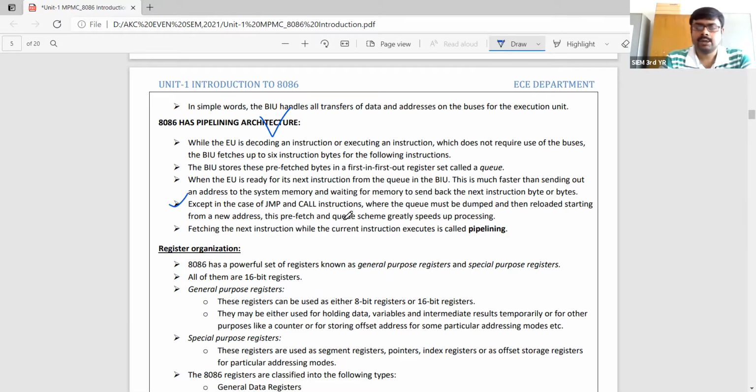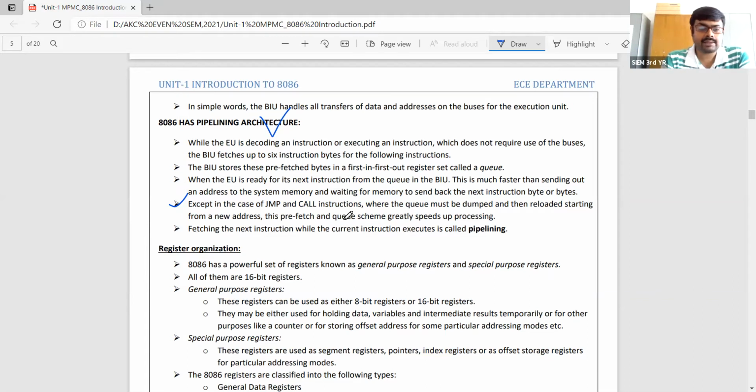I have already mentioned why we are approaching this queue instruction set, or the queue operation, because that will be faster. That will boost the operation, not slow it down, and give quick circulation of the data from one part of the instruction set to another part of the instruction set. That is the beauty. For this reason, we are following this type of mechanism.